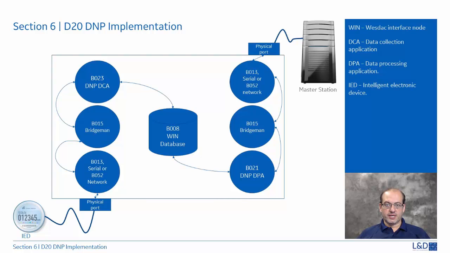The Bridgeman will check the source application address, that is the IED or DNP application address, and the destination application address, and the physical port through which this message should be transmitted. If the message meets all the data link requirements, the message is then